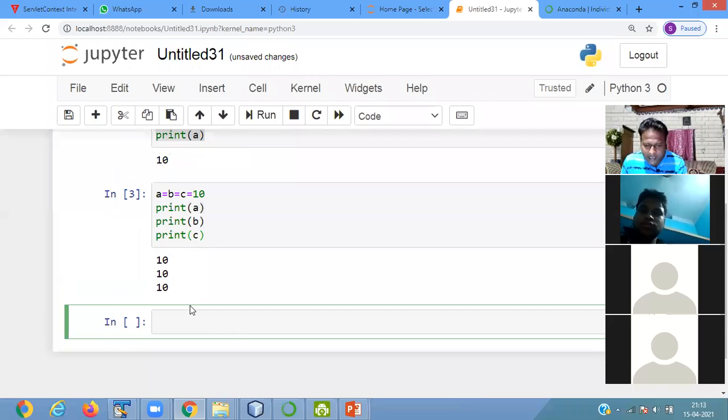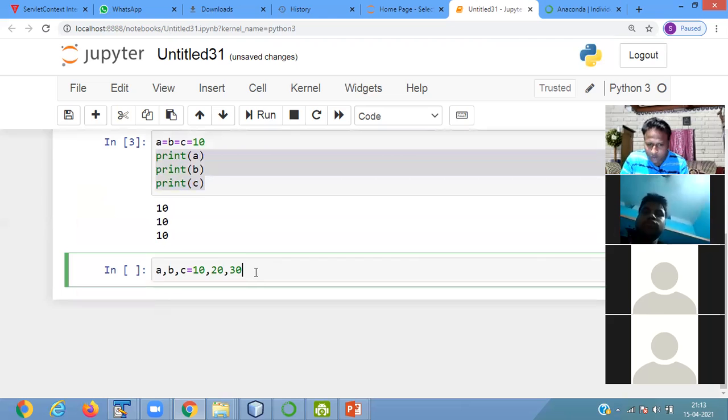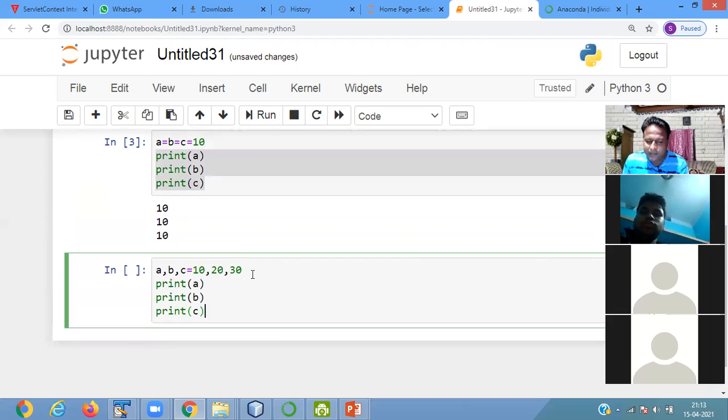Now, if I write here A, comma, B, comma, C is equals to 10, 20, 30, and then I print all the things, what happens in that case? Normally when I write C is equals to 10, that means C's value is 10, but here it is different.